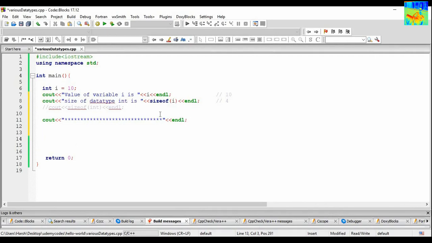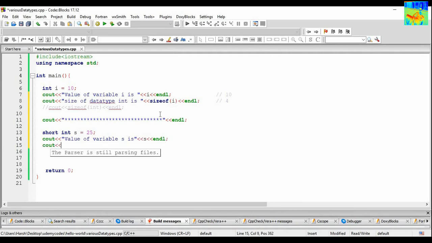First of all, let us talk about short int. Short int s equals 25. Cout value of variable s is, and then cout size of data type short int is, cout sizeof(s), and then endl.